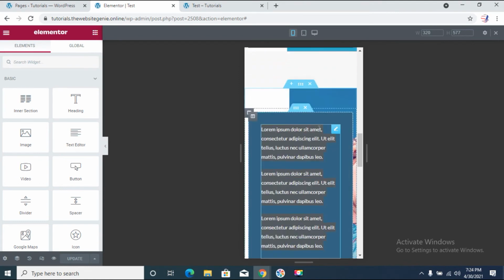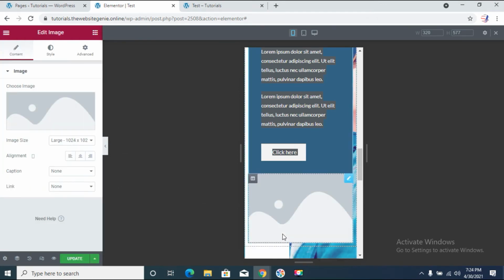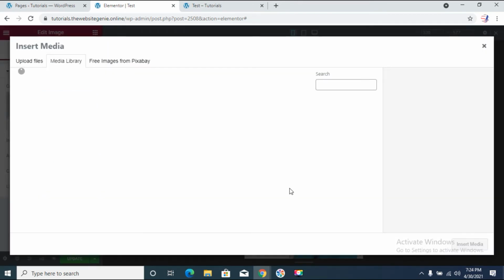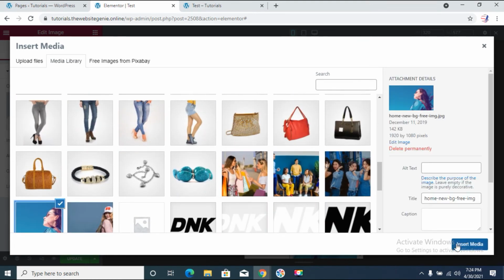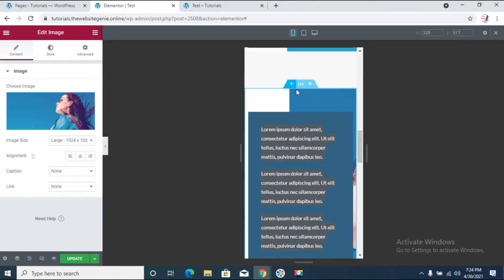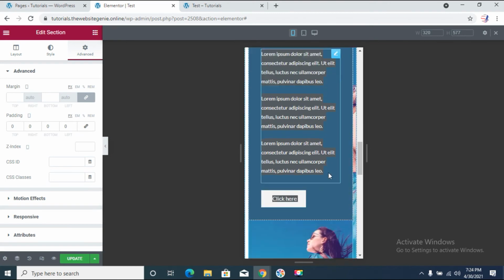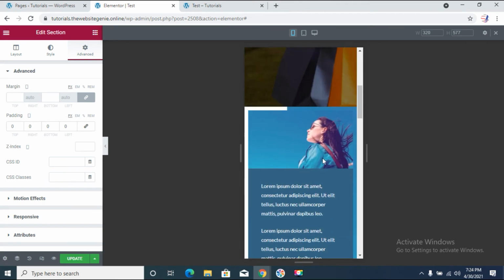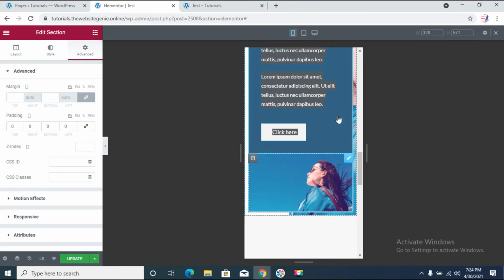So what we'll do for the mobile version is, remember we had the second column where we are putting the image in the first place. So we will place the image, but only for the mobile version. We'll go ahead and put the image here, and we'll choose the same image as that of the background image. So we'll insert that, and for this we'll reduce the padding. But in the preview section, as you can see, the image is sitting on top of the column.